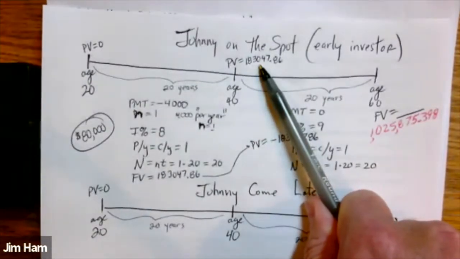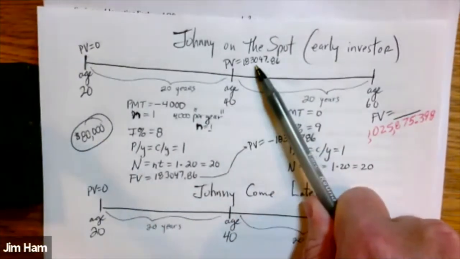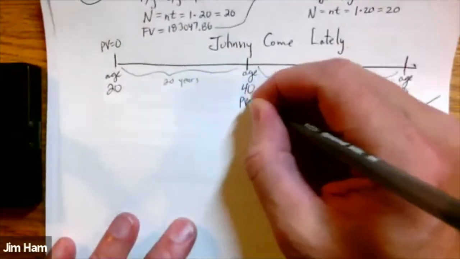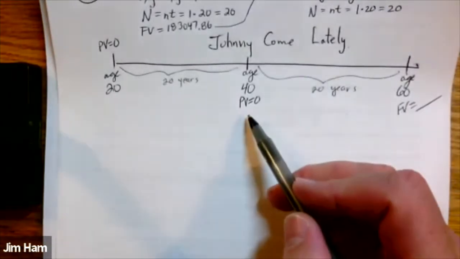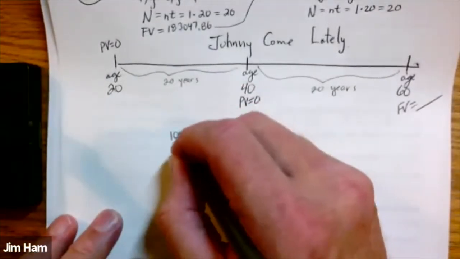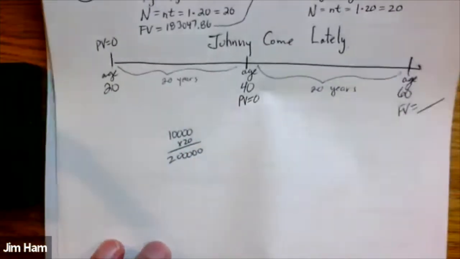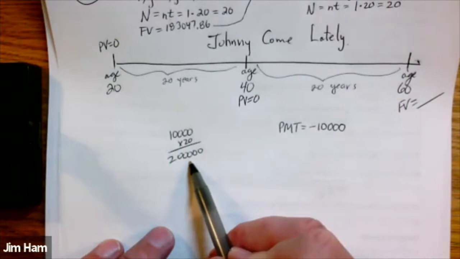$183,000 saved up after the first 20 years, that 80,000 changed into 183,000. Our friend Johnny Come Lately didn't invest anything in the first 20 years. So at age 40, his 401k has $0 in it. He knows he has to catch up. So he's going to invest $10,000 for 20 years, and he's going to invest